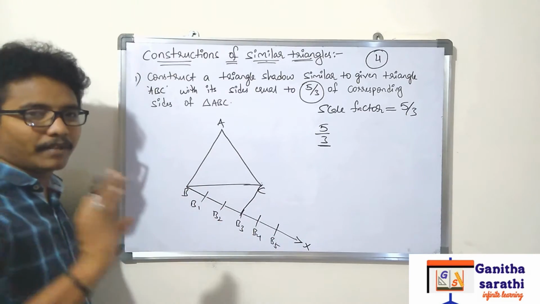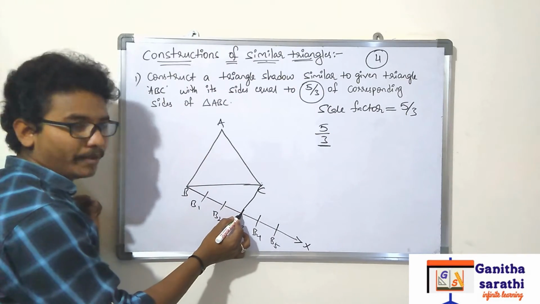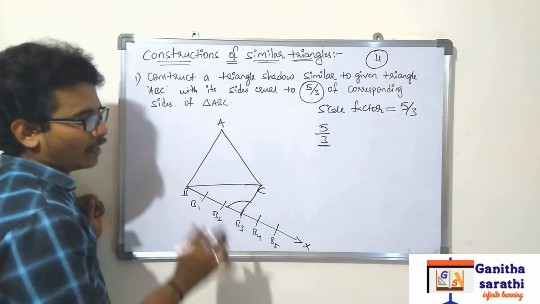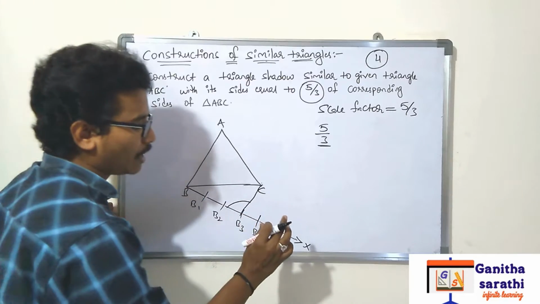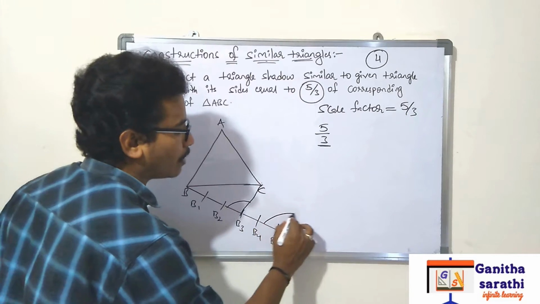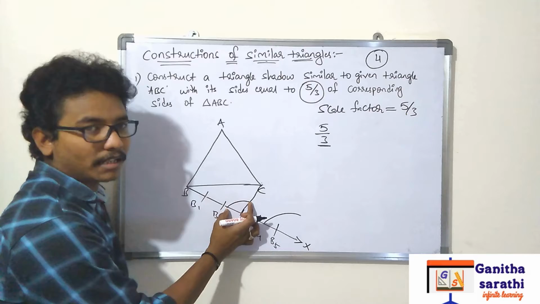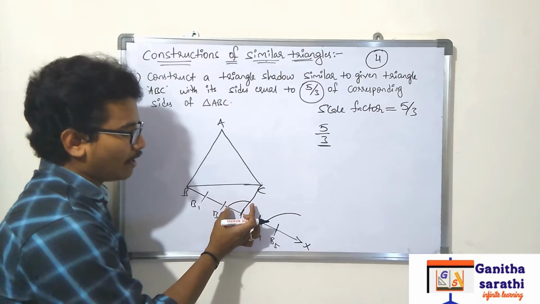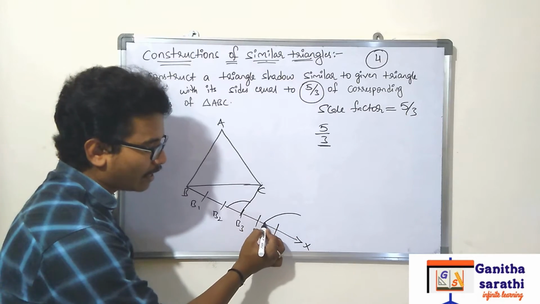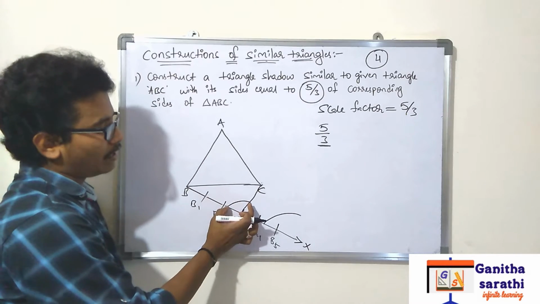Now take a compass and draw some measurement, keeping the pointer at point B3, draw an arc like this. With the same measurement, without changing the measurement of the compass, take the pointer to B5 and draw the same measurement like this. Now measure this one with the compass. After measuring it, you should intersect this arc at line BX. You should draw the measurement after measuring this one.